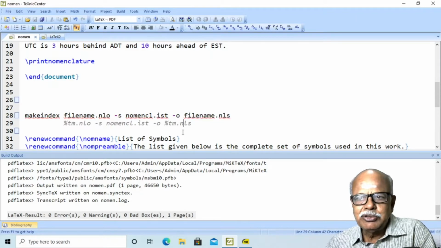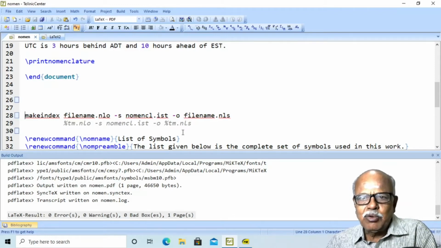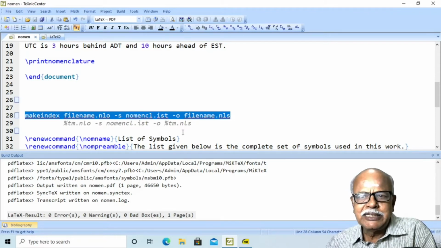For those who are using the TeXnicCenter editor, instead of the file name, they can use %tm as a placeholder to execute this command. When I tried TeXworks in Linux, I could not make TeXworks run this command by itself.